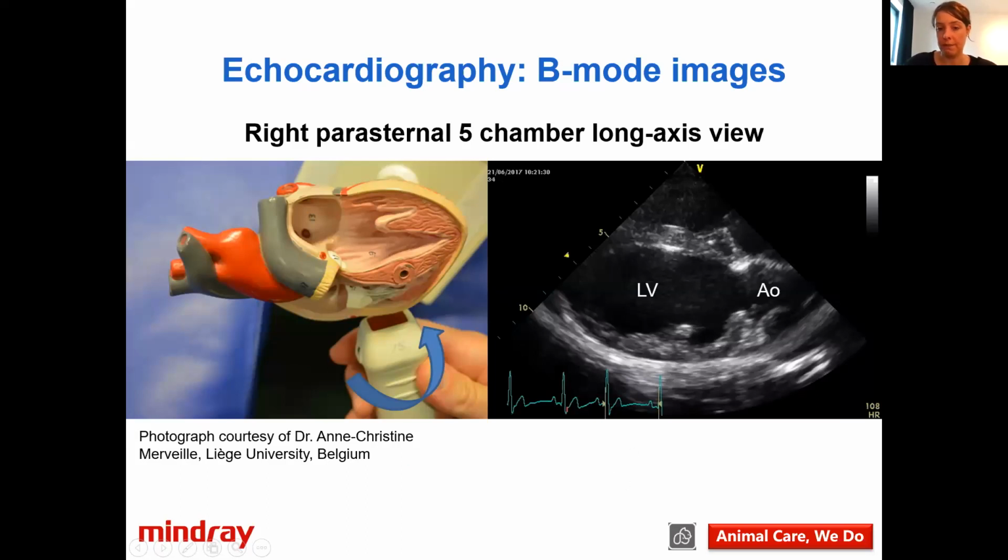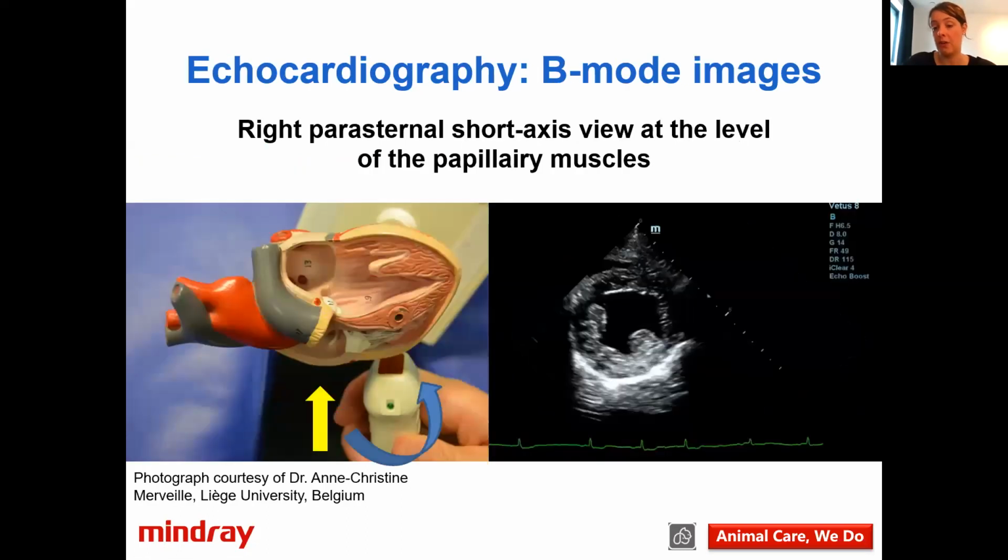In this image, and aortic valve, then we go on to our next image, and for the next image, we actually want to make a different